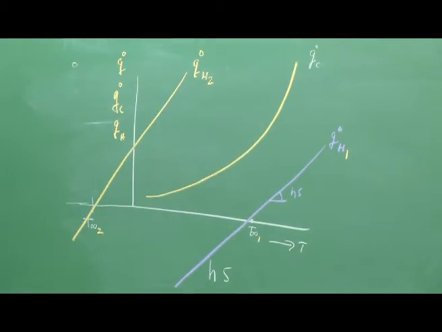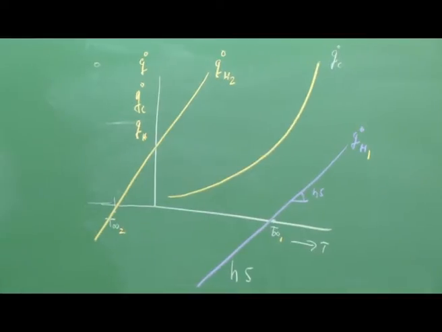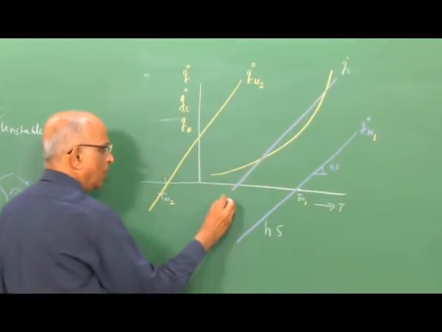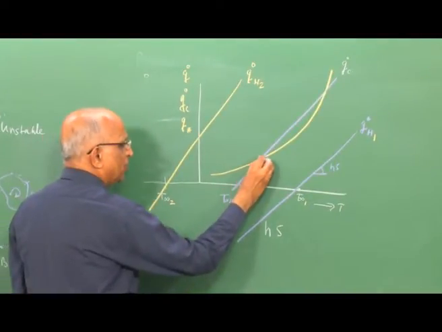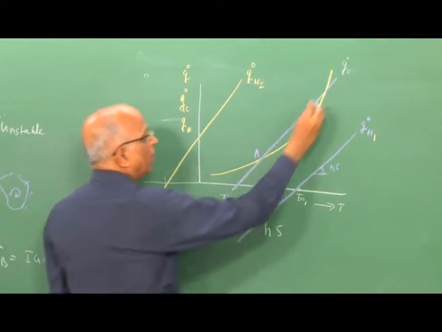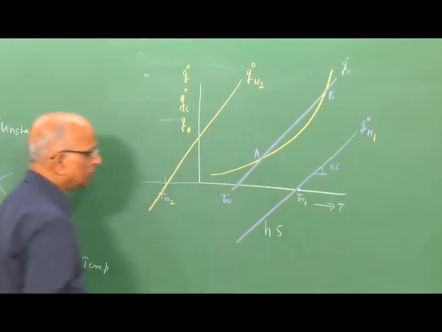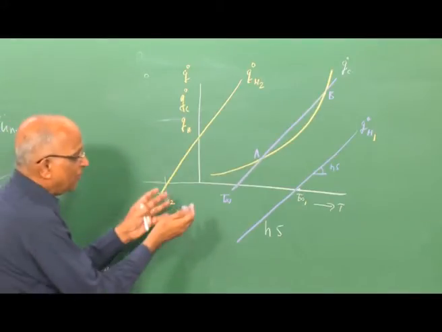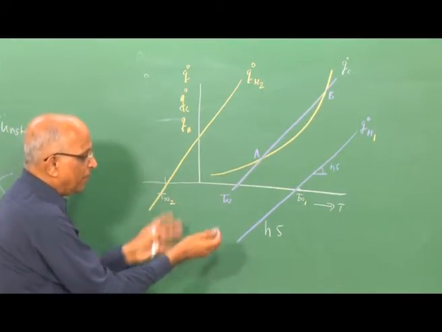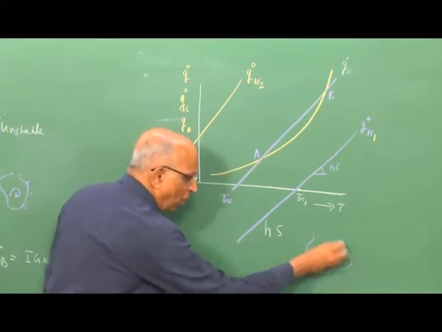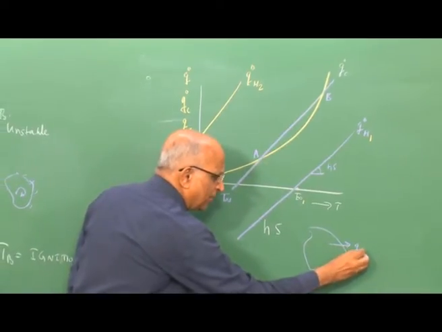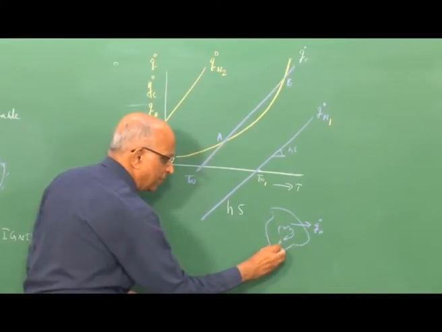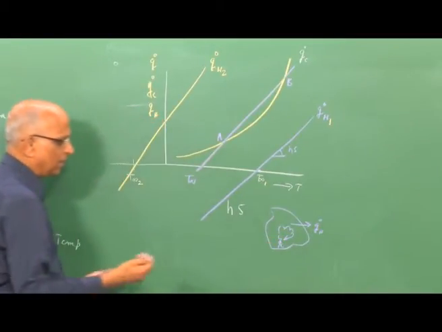I could also think, just like I thought over here of point A and B, I could have ambient temperature T ambient over here, which gives me point A which is stable, point B which is unstable. Therefore, we are able to relate the conditions under which an explosion would occur, maybe by relating, from a given volume, what is the rate at which heat is getting transferred out and what is the rate at which heat is getting built up in a given volume.